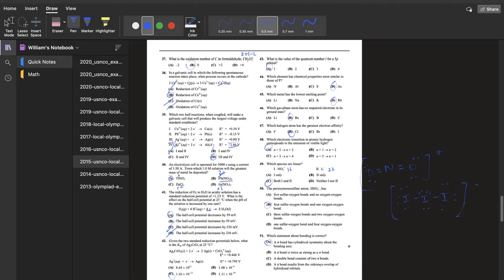Okay, so we're doing 41 through 50 for the 2015 local exam. And here, for 41, it looks like you need to do math. You're given a bunch of numbers. Your answers have to do with numbers, but really you do not have to do any math. It's completely conceptual, and the reason is that they're looking for you to make a stoichiometry mistake and multiply